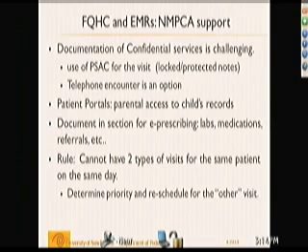Most of them have eClinicalWorks. Because they receive federal grants, they pretty much have one reimbursement for every visit in an outpatient setting, whereas the universities